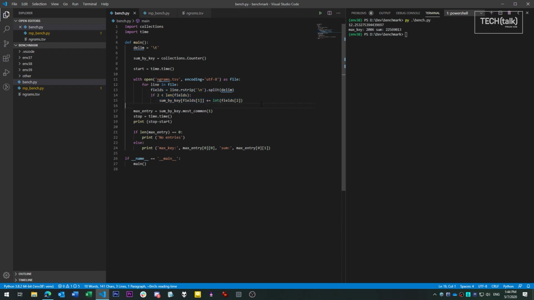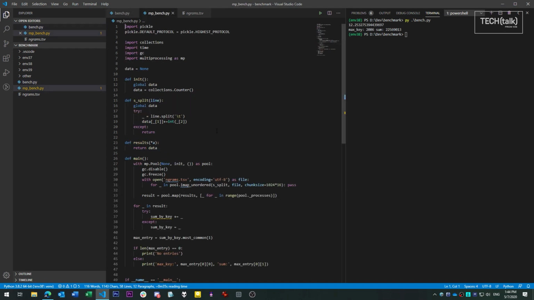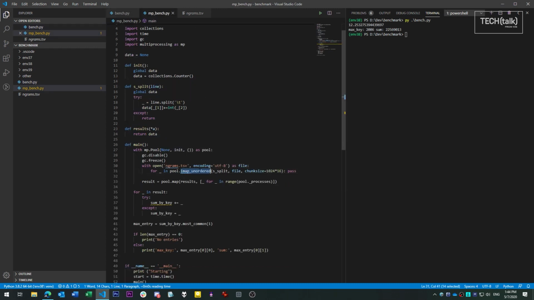Multiprocessing gives us tools to work with both kinds of jobs. And so in this case, we're going to be using the imap_unordered function, which takes an iterable, like a file, which is read line by line, and parcels it out piece by piece in round-robin fashion to processes in the pool. Each process runs a defined function on it, in this case our simple statistics gathering function. Now let's run the multiprocessing version of our benchmark. As you can see, it runs much faster.